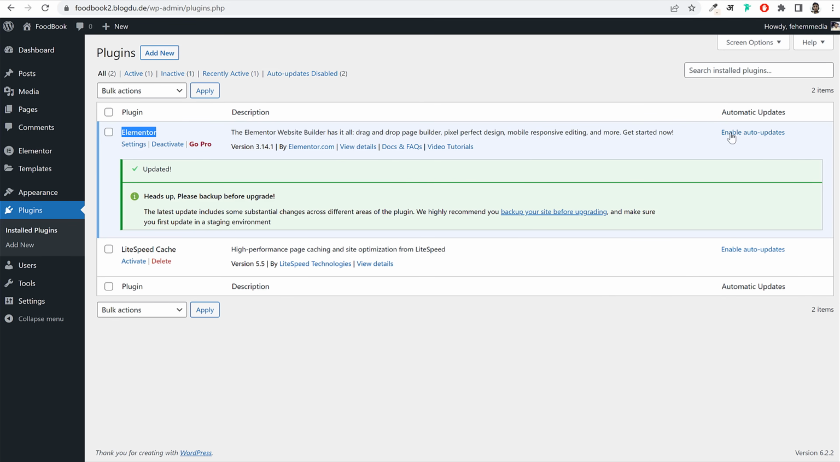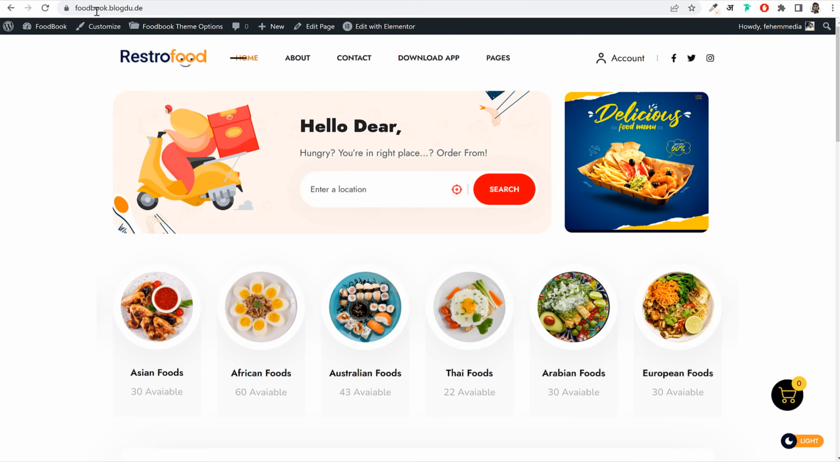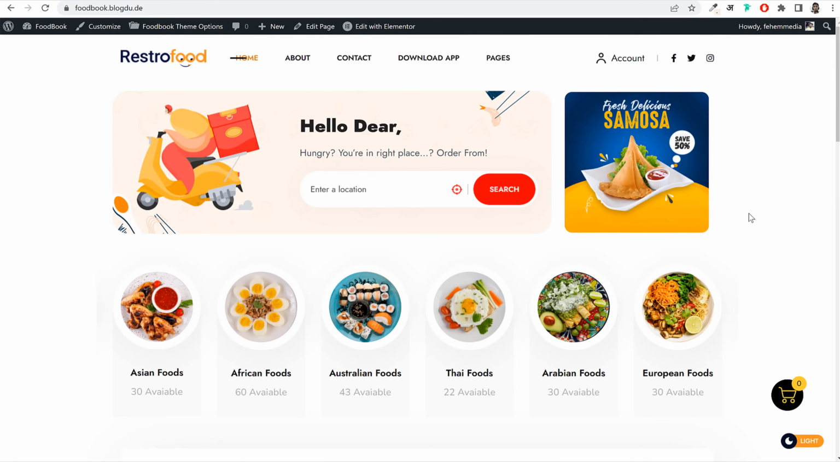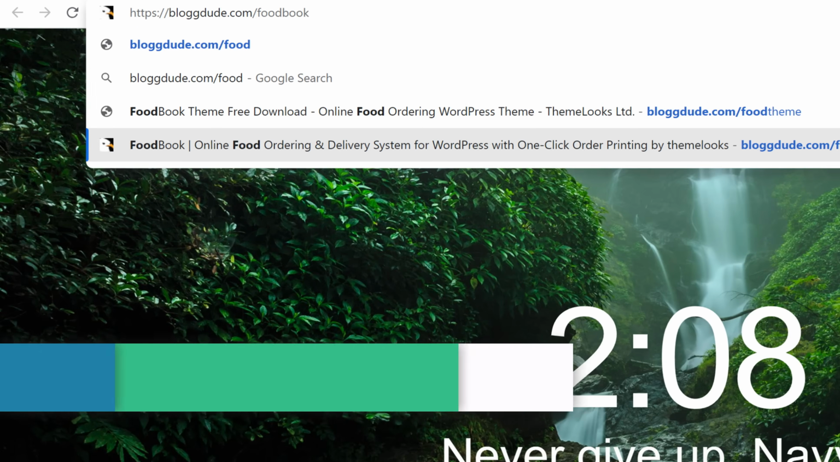And also enable this option, enable auto updates. You see this option, enable auto updates. Enable this option for all plugins and themes so that whenever there is new version available for the theme or the plugin, it will automatically be downloaded for you. Then after that, we need another plugin. In fact, the most important plugin that will add all these food related and all these food delivery related features on our website. So for that, again, open a new tab and this time type in